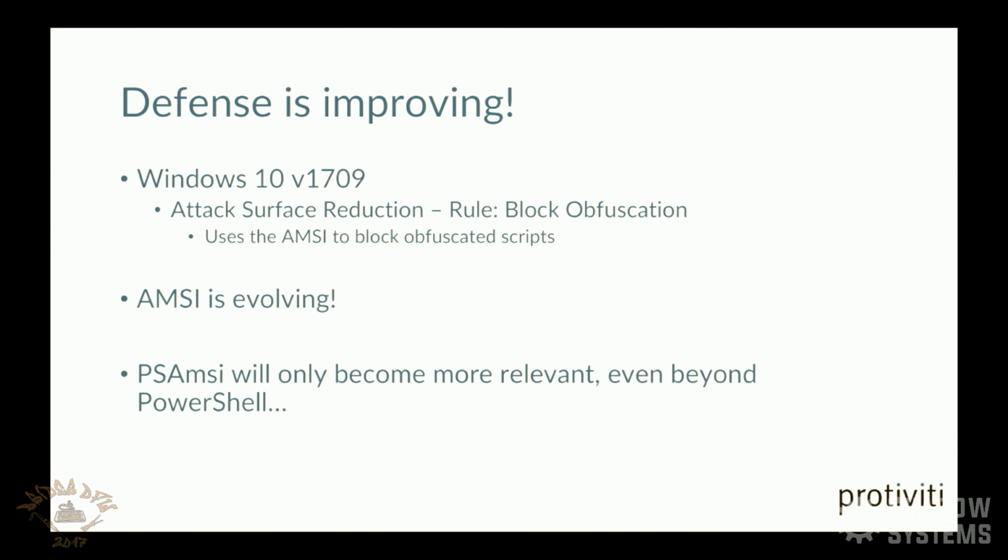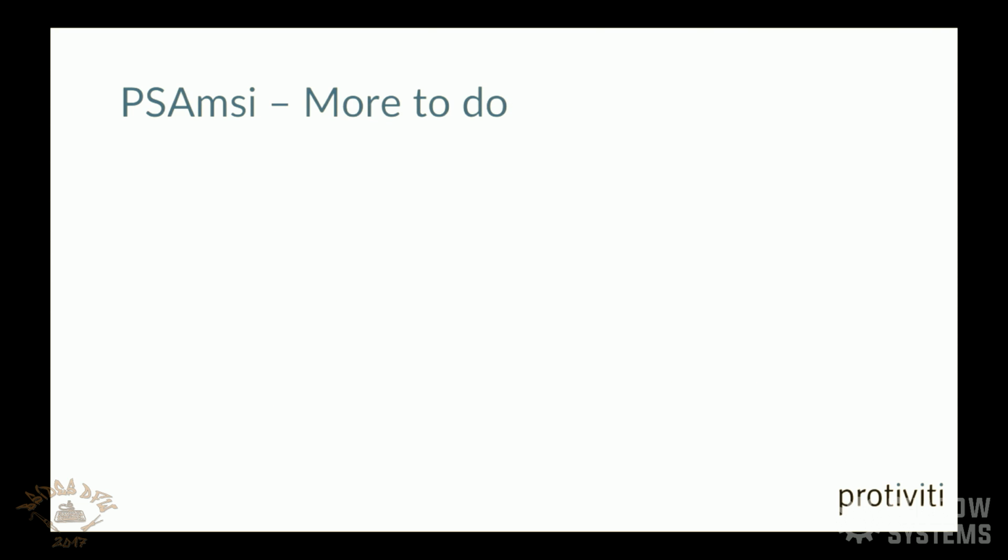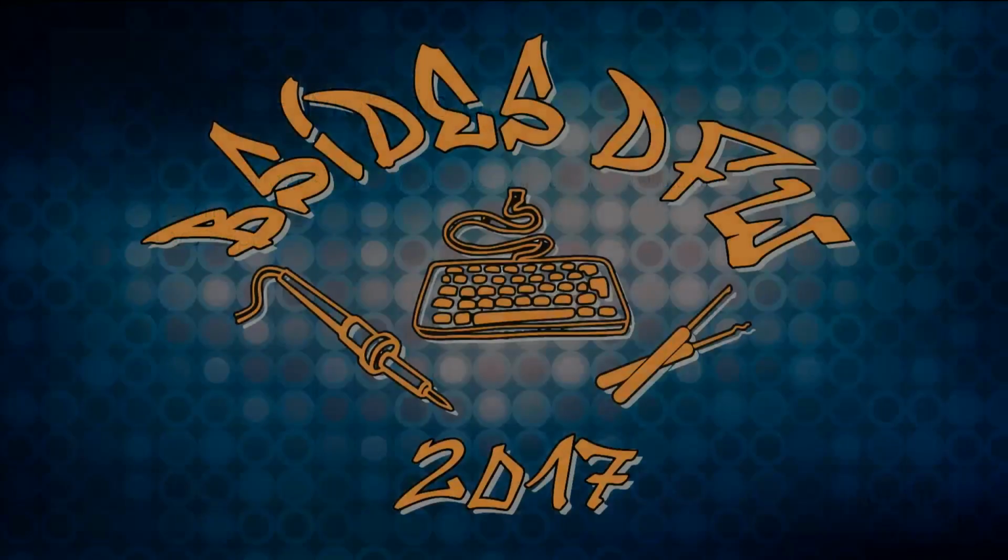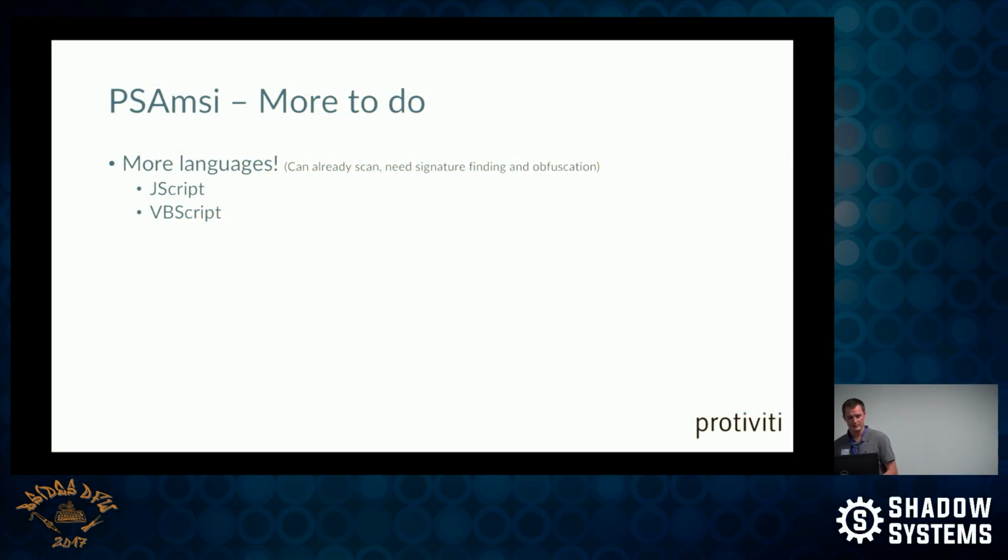And it'll become more relevant even beyond PowerShell. So like we said earlier, there's more than just PowerShell utilizing this thing. There's other languages like JScript and VBScript. So that's something I'd love to incorporate into PSAmsi eventually. We can already scan arbitrary strings, but we need to implement some sort of signature finding and obfuscation for those languages as well. And I thought that JScript would be my next language to look at, but then